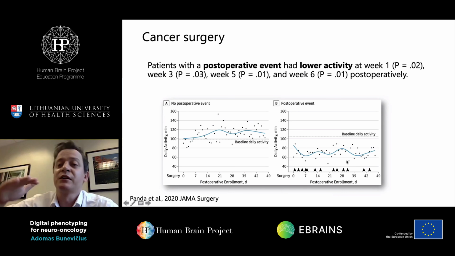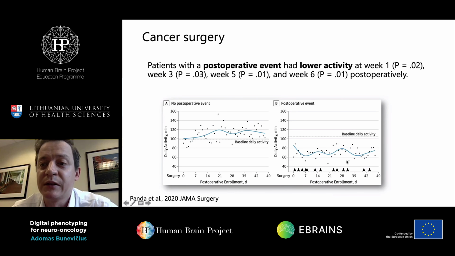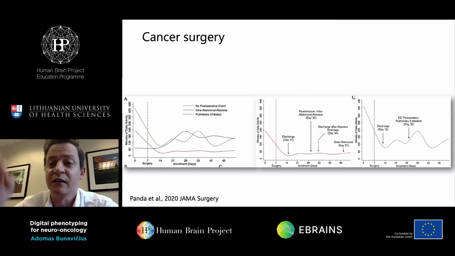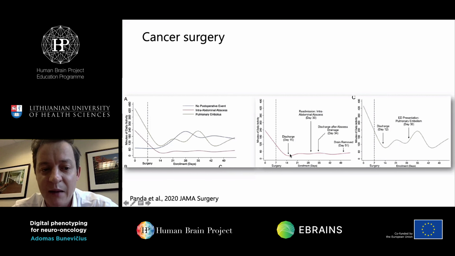So basically, we could see at group level that patients who experience post-operative complications start moving less, as compared to patients who did not experience those complications, whose activity remains at their baseline or above and steadily improved. And here is an illustration for a patient who experienced an abscess. This red curve in the middle, the patient really was more active than baseline, which is in blue. No post-operative events, but his activity suddenly dropped,